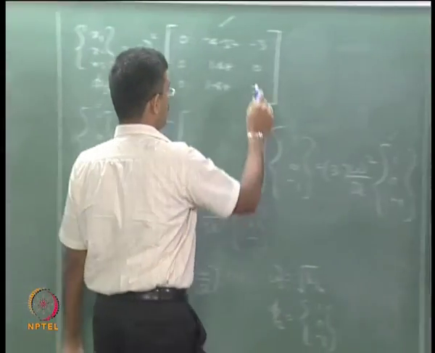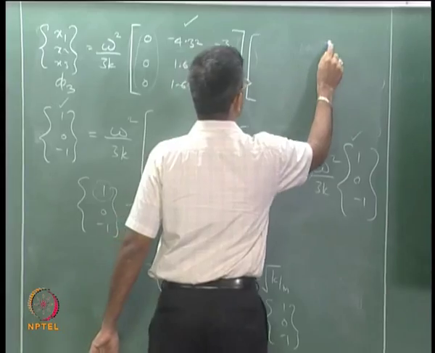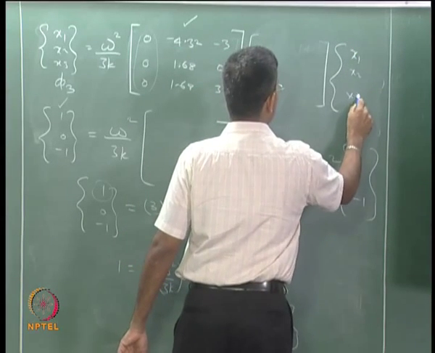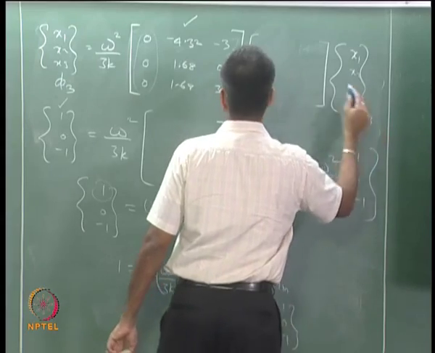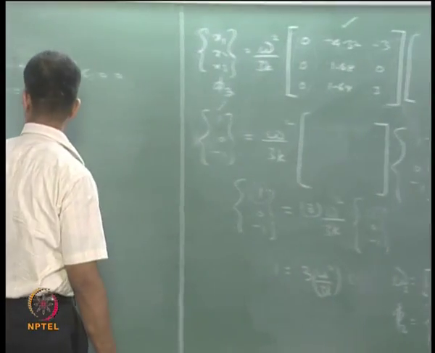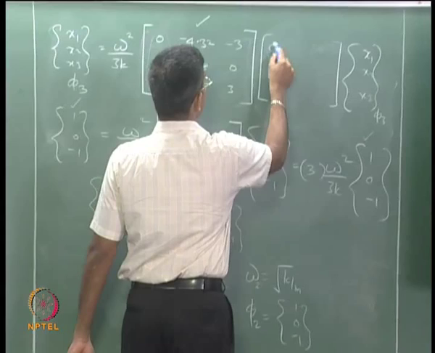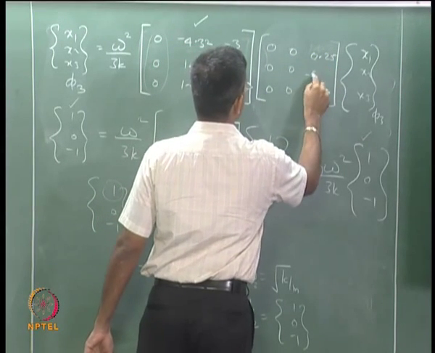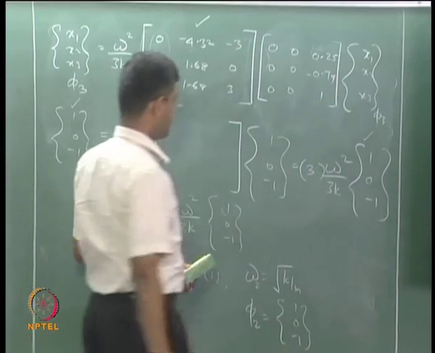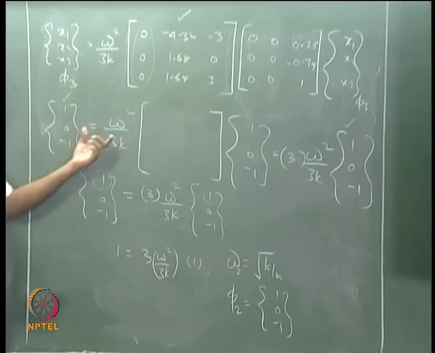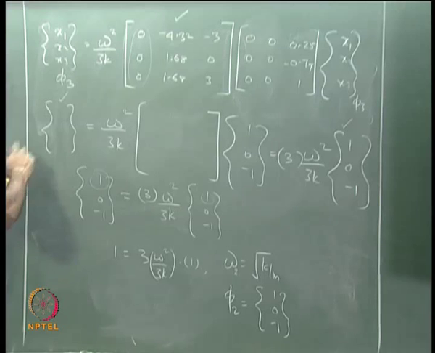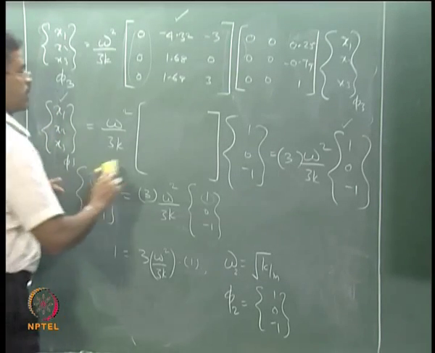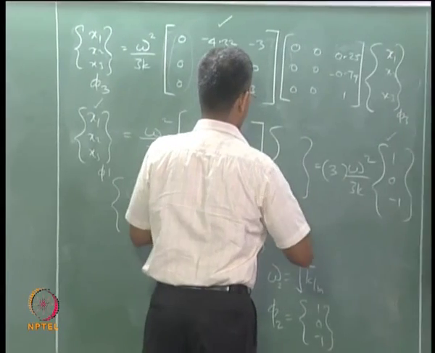Okay, so I am not writing it here, I am putting this matrix here with x1 x2 x3 of phi 3, just for completion's sake. Now I will get a new control matrix. I am saying x1 x2 x3 of phi 3, getting a new control matrix which will give me now